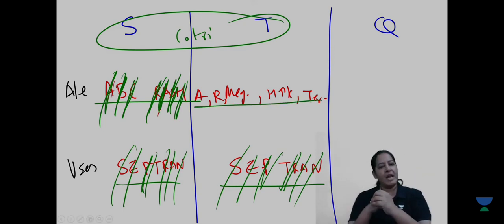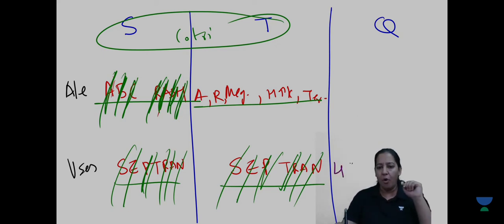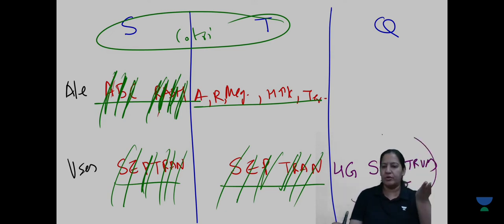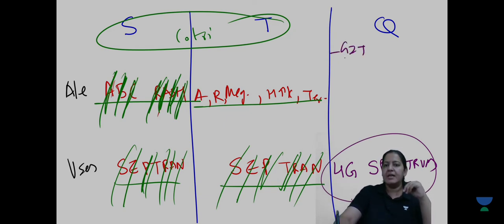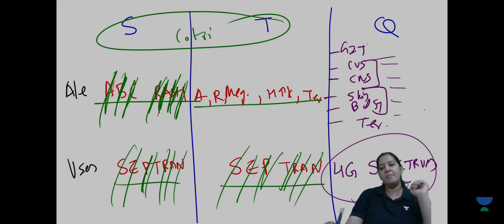Coming on to quinolones. Who will tell me the adverse effects of quinolones and then the uses of quinolones? Uses is easy: 4G spectrum CT. I guess you know the full form; just now I told you, right? What were the adverse effects? It is system wise. So it is GIT, then CVS, CNS, then skin and bone soft tissue. Skin, bone and soft tissue come together. CVS and CNS, call them two vital systems, and GIT, right? And the last is pregnancy, teratogenic. So you know in each of them what the adverse effect is. Just now I have discussed.